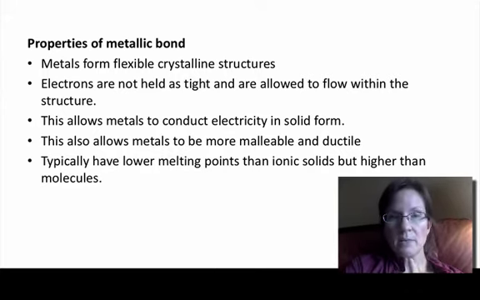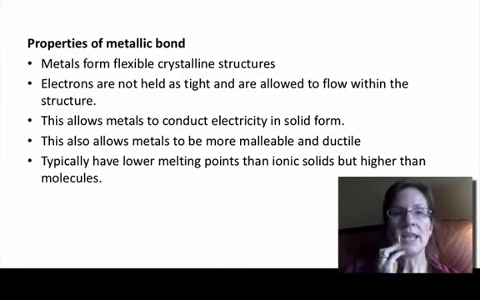So structurally, metallic bonds tend to lead to crystalline structures similar to ionic compounds, where they make those nice uniform patterns. But unlike ionic bonds, because of the sea of electrons and the fact that the electrons are not held tightly by any one given atom, the crystal structure is not considered rigid, but rather very flexible. Again, since there's some room between each adjacent nuclei as the electrons are flowing, there's flexibility within the structure. That leads to the property of conductivity.